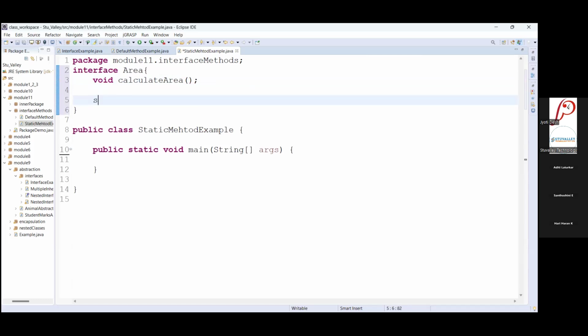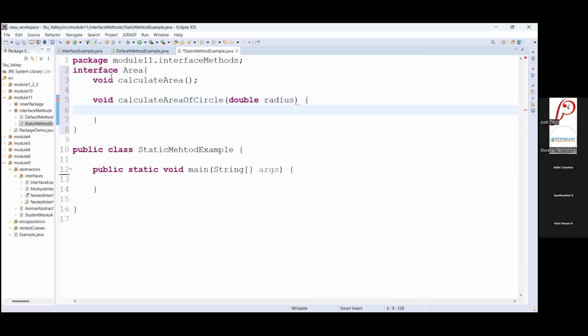So what we will do, we will write a concrete method, calculate area of circle, with one parameter, that is integer radius or double radius.